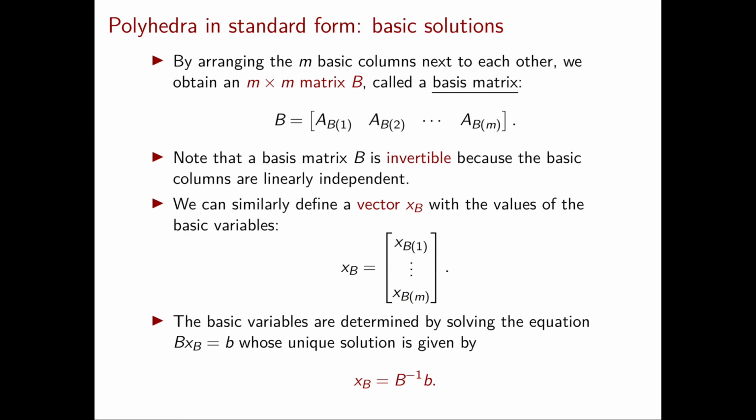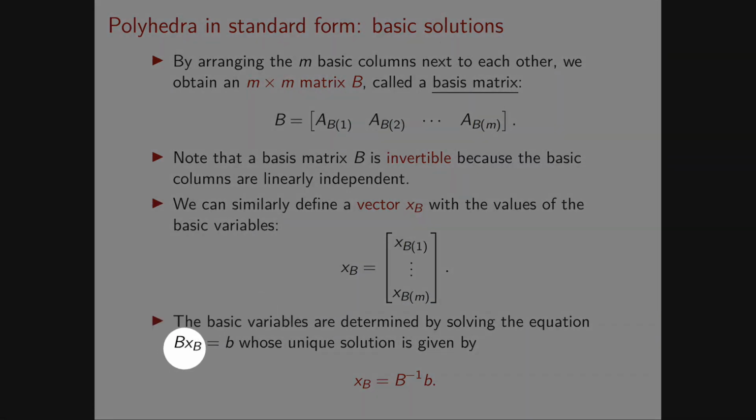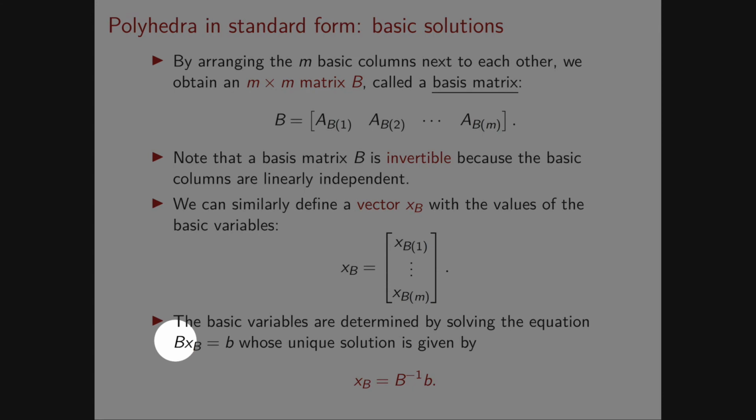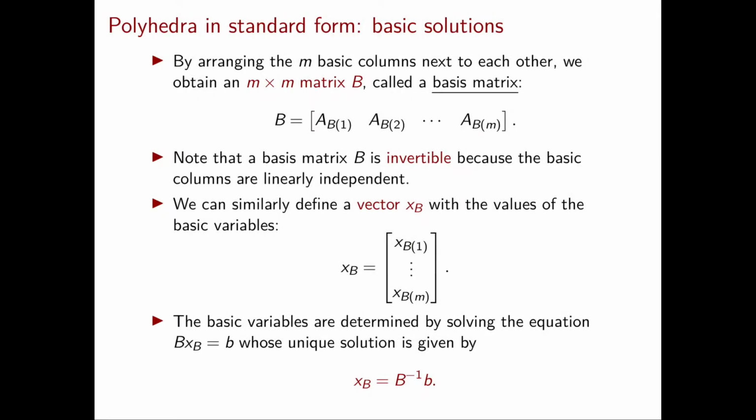In fact, in my original system Ax equal to b, once I've set to 0 all the non-basic variables, I am left with the system B x_B equal to b. And such a system we've already seen has a unique solution, but now, thanks to this notation, since B is an invertible matrix, I can directly write its solution as x_B equal to B inverse b. This formula is obtained simply by multiplying on the left by the inverse of B.